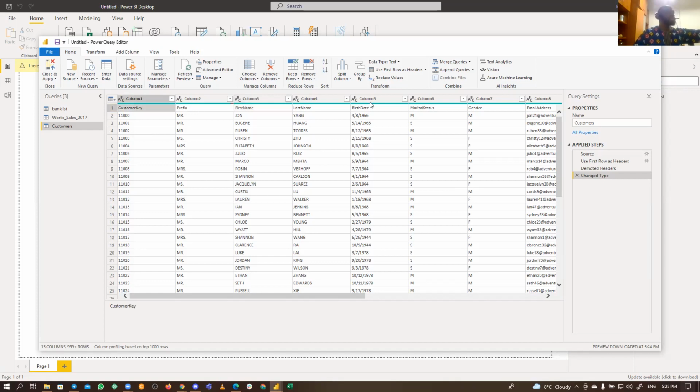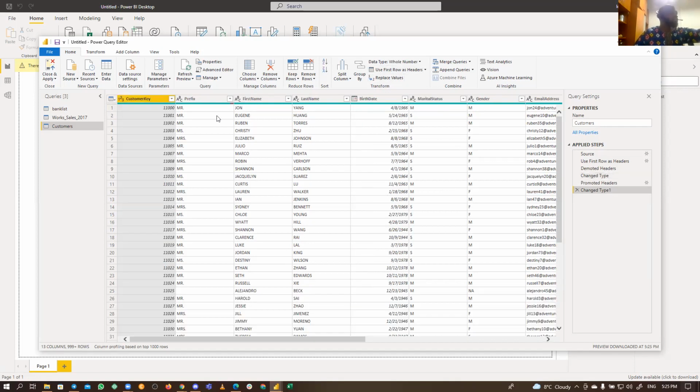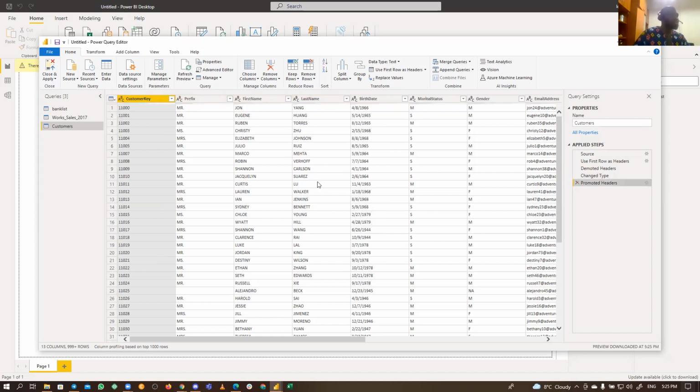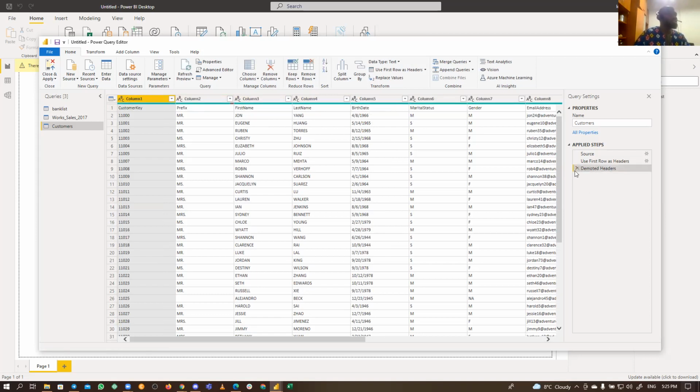So that's where this comes in handy. Let's assume your data set was like this when it came. You can definitely use this feature, and it takes that first row as the column. Do you understand? So I hope that is clear. Yes? Okay, perfect. Thank you. Instead of me trying to do it again, I can just take all of these things out, and it's a way to work.